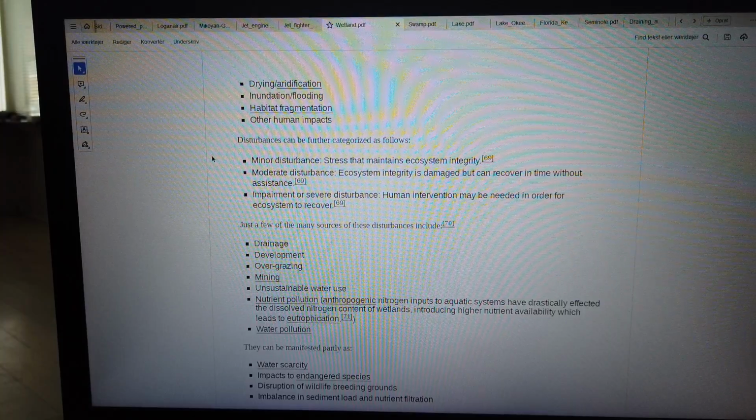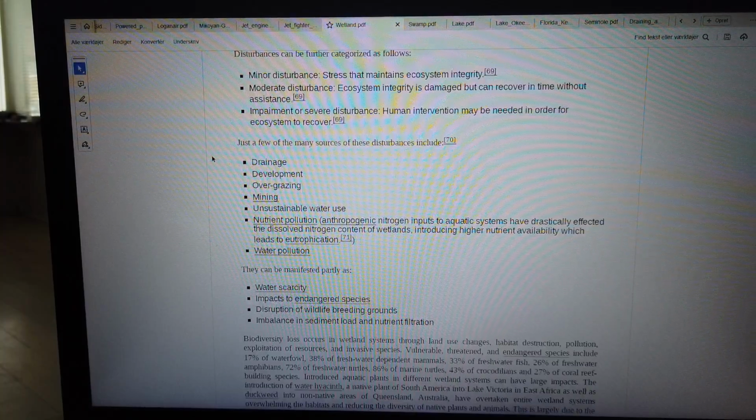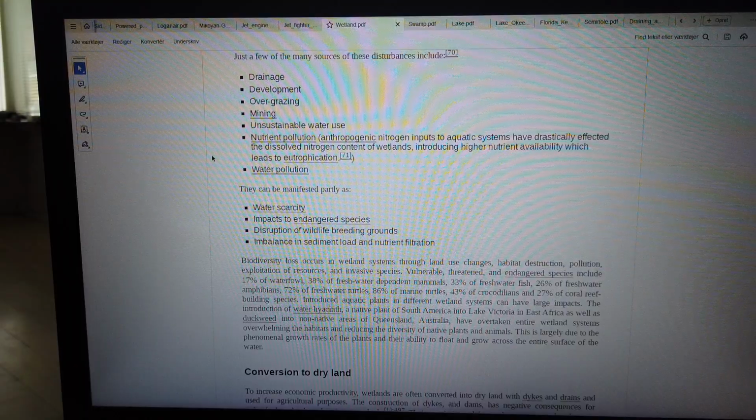Just a few of the many sources of these disturbances include drainage,